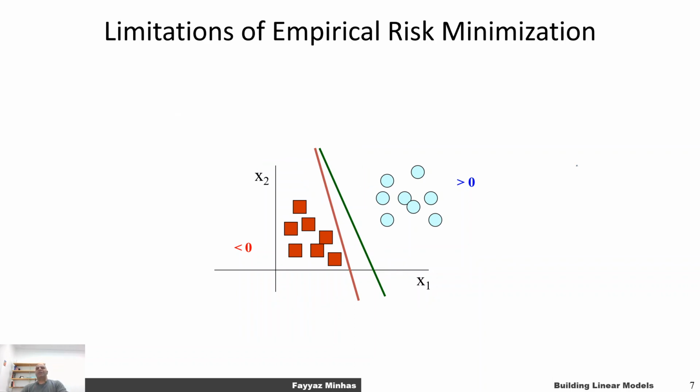Let's focus on two of these lines, the red line and the green line. The red line is this line on the left, and the green line is this line on the right. Both of them are equally good approximators of this particular training data set. Both of them give an error of 0, and both of them linearly separate this data set. However, let's imagine a bit that this particular example that you see over here,